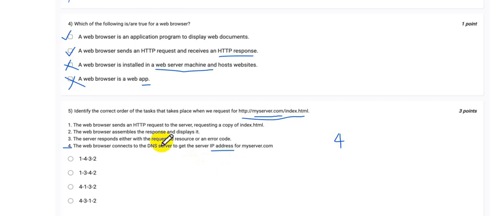Now we need to send an HTTP request. Okay, so this is our second one. Next,